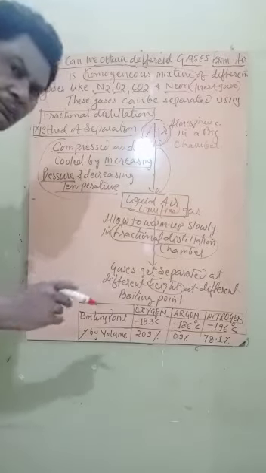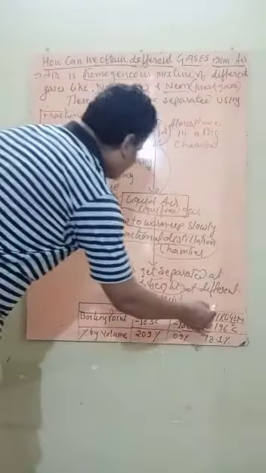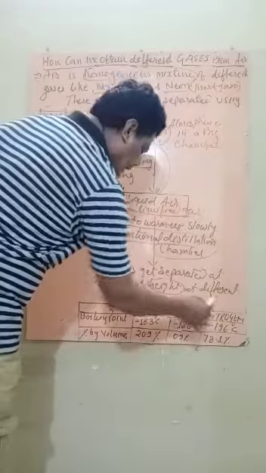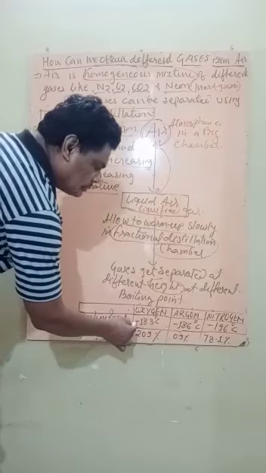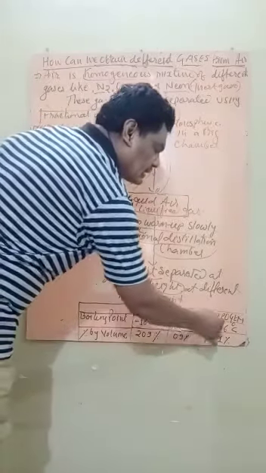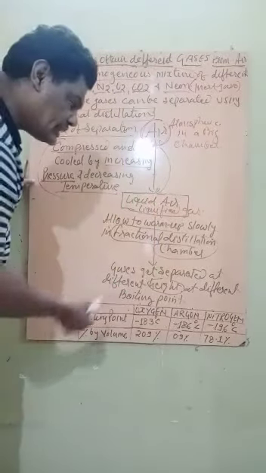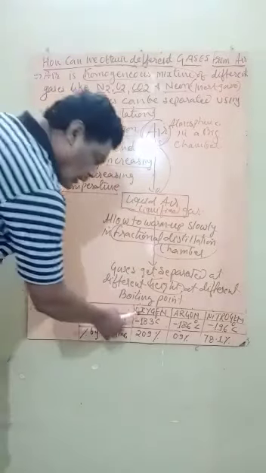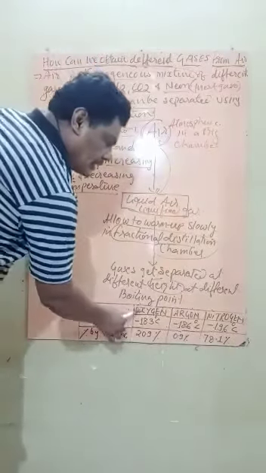Now there is a particular knowledge point. What is that? Oxygen, argon, and nitrogen. Let the air consist of all these things: oxygen, argon, and nitrogen, and their boiling points are, say, oxygen is -183 degrees Celsius, argon is -186 degrees Celsius, and nitrogen is -196 degrees Celsius. So the highest boiling point here is of which? Oxygen.